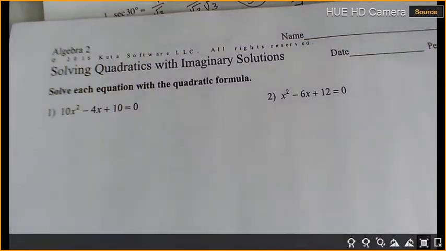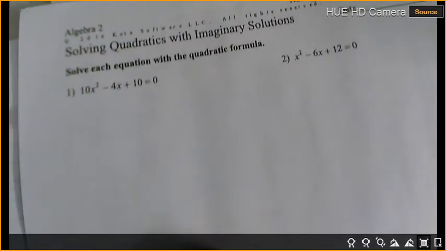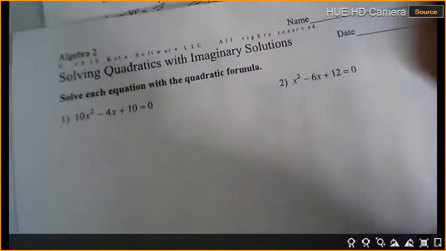We are looking at these quadratic equations. We're going to solve them with the quadratic formula, but they're going to come up with some negative answers. And from there, we're going to make sure we use i when we have a negative underneath the square root. Okay? So we're going to go back to that quadratic formula, and I'm just going to write it right here